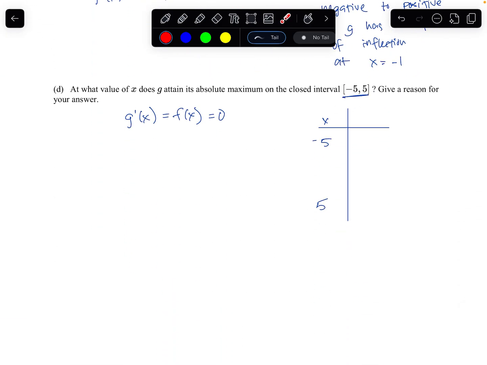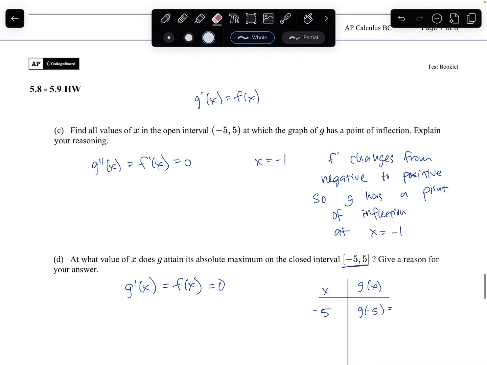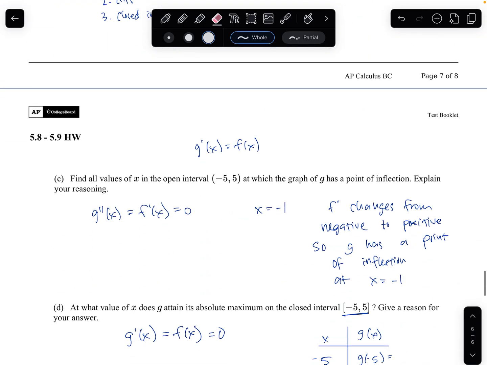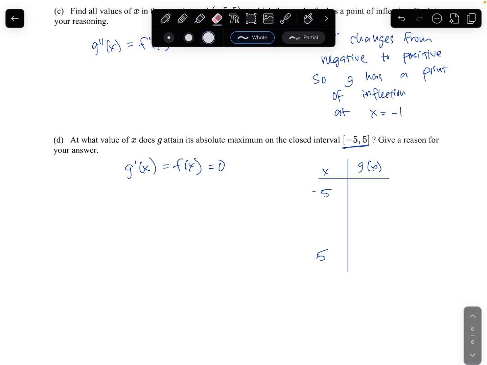Okay, and so then we want G of 5 and G of -5, which we don't know, because we don't know what G of x is. We only know what G prime of x is. But let's see right here. So it has to be at x equals 5 though, because